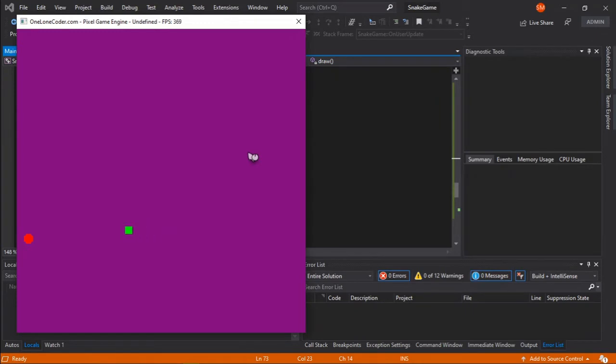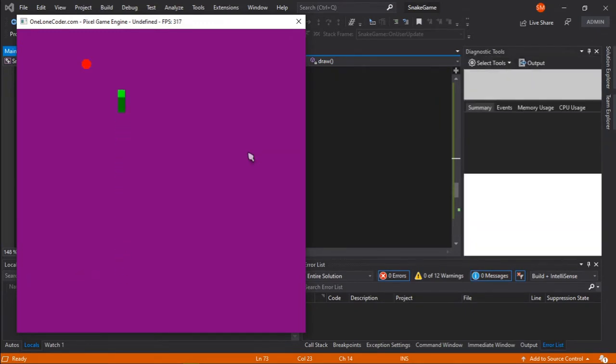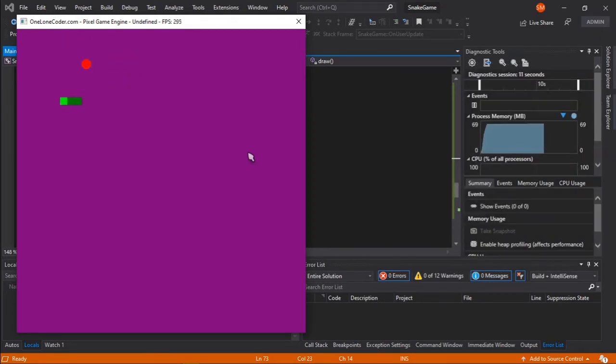So here is my snake, and it eats the food, and then it grows a body part, and then it eats another food, it grows another body part, and then it eats another food and it grows another body part, and it eats food and it grows another body part.